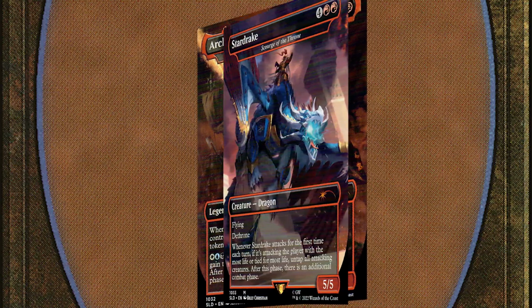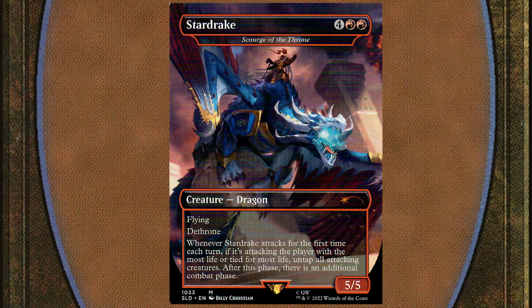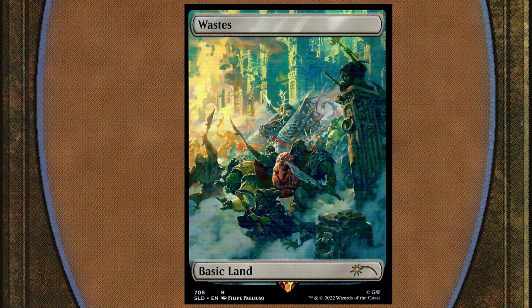And then we have the Stardrake, with the Stormcast Lord Commander mounted upon it. This will be the altered art of Scourge of the Throne, so it makes sense. Dragon, it works. And lastly, for the Age of Sigmar set, an interesting choice, we have the Wastes land. Each one of these has their own unique art for Wastes. In this art, they chose to go with the Orc War Tribes, every part of them. So we have the Cruel Boys, the Iron Jaws, and the Bone Splitters all in here,